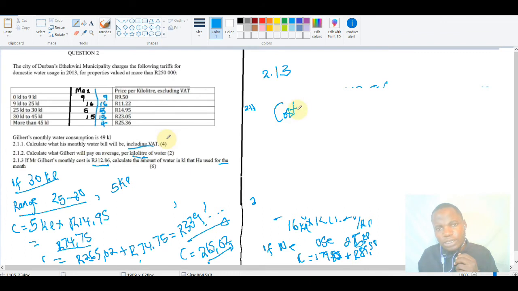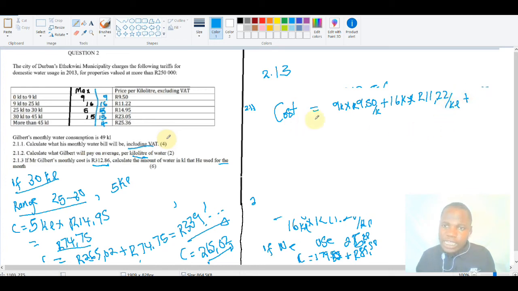Now the cost that is given is equal to the first range. Remember we said the maximum there is, we are using all the 9, then you say 9 kiloliters of water. So this is how you calculate: 9 kiloliters times the tariff of that one, which is 9 rand 50 per kiloliter, plus 16 kiloliters times the tariff. The tariff is 11 rand 22 per kiloliter, plus